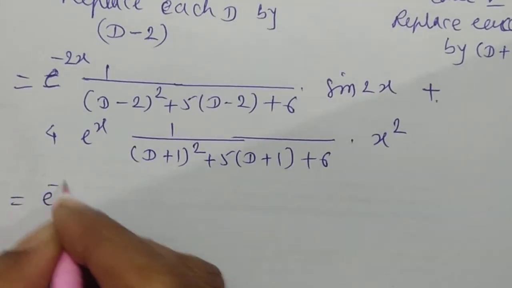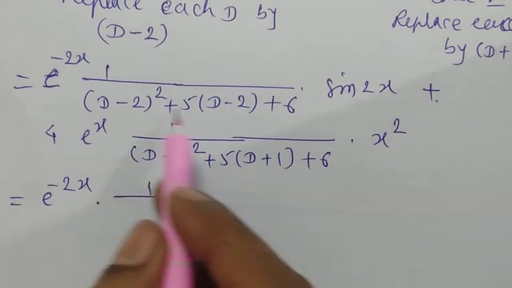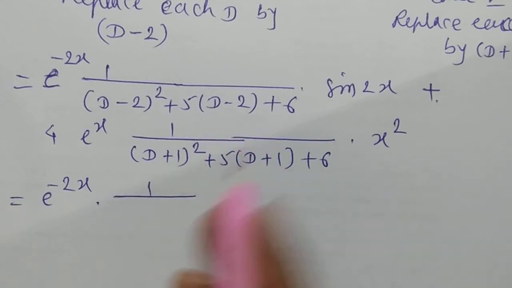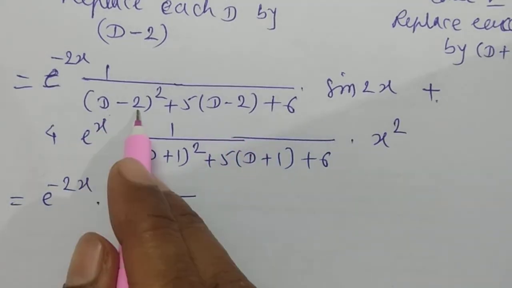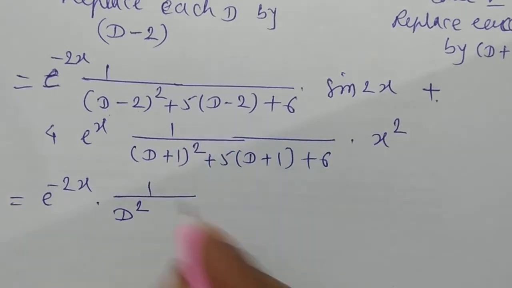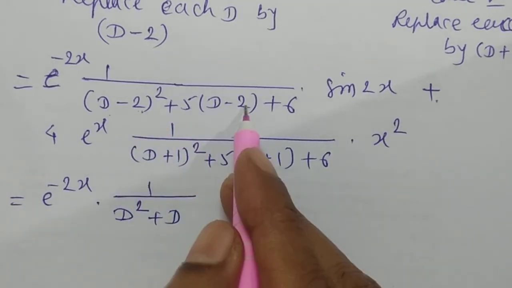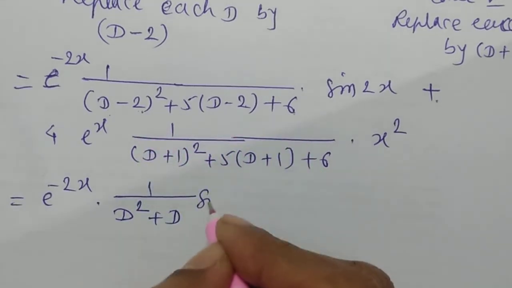So this is e raised to minus 2x into 1 upon, we will simplify this: expansion of the whole square, multiplication by 5 here and then simplification. What we get is D square, the middle term is minus 4D and this plus 5D, that means plus D, plus 4 minus 10 plus 6, that means plus 10 minus 10, that will get cancelled, sin 2x as it is,